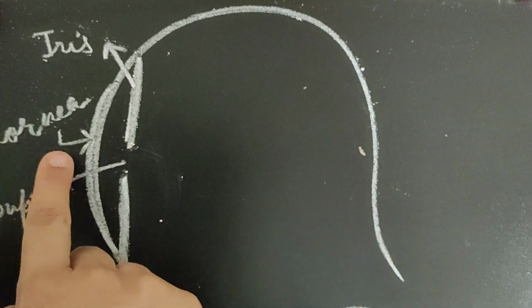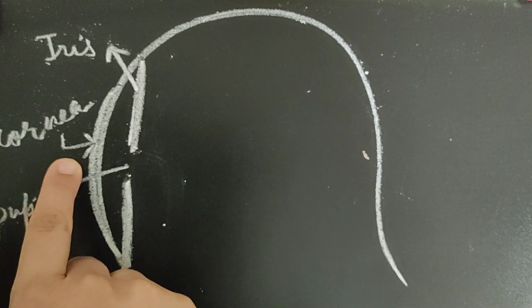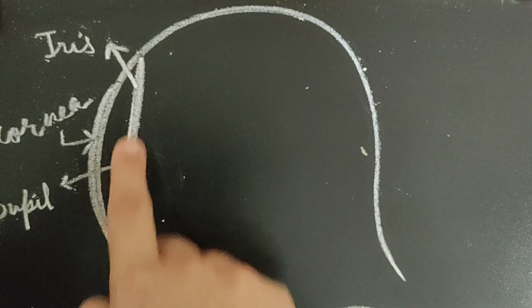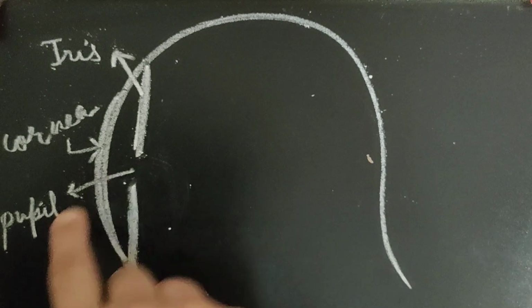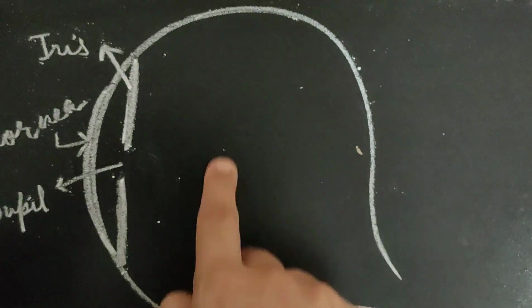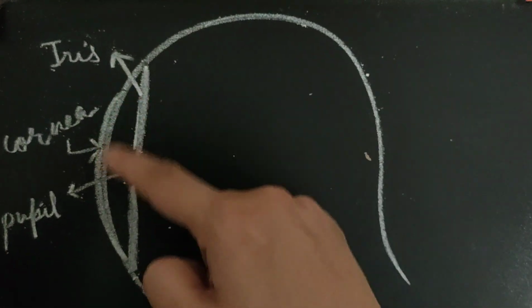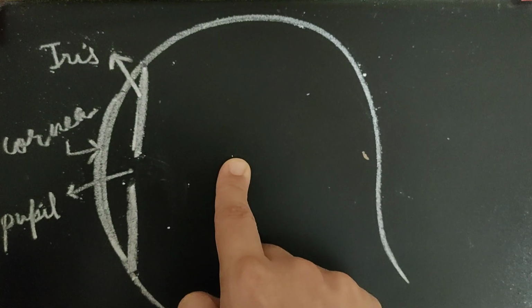The first surface where light strikes is the cornea. Maximum bending takes place here. Then placed is this dark muscular diaphragm called iris. It's a circular diaphragm, and in the center there is this hole which is known as the pupil. So light will enter inside this portion of the eye through pupil. So iris and pupil work in coordination to control the amount of light entering the eye.